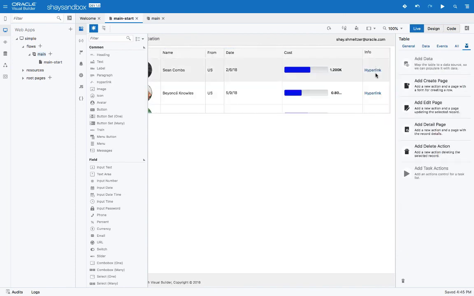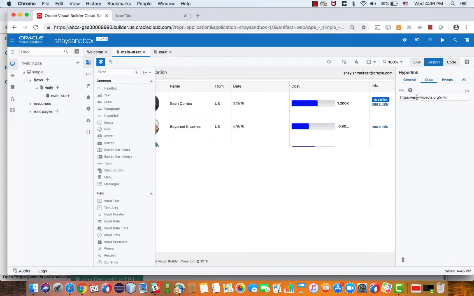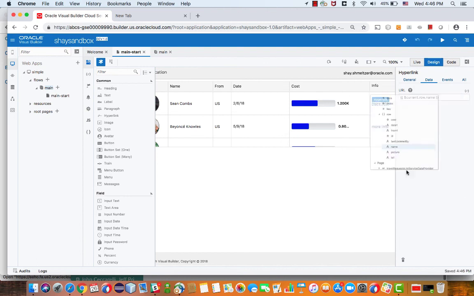We can then go over and set properties for the hyperlink. And we need to switch to design mode. We can set the title to say, for example, info or more info. We can say which target we want to open, and then specify the URL. We're going to look up the specific person on Wikipedia, and to do that we're going to first pick up the specific row value, so this would be their name, and then before that name we're going to concatenate the URL from Wikipedia. So put in the URL inside quotes, add a plus